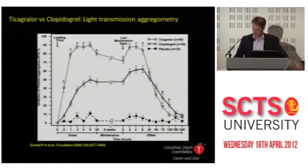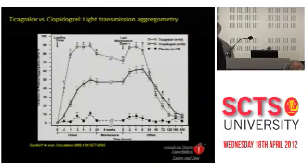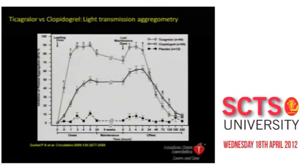This is just ticagrelor's behaviour. This is again in vitro light transmission aggregometry. So this is clopidogrel. You start it. It actually takes a while for the effect of clopidogrel to build up. Ticagrelor has a more profound effect and a more potent effect. If you then stop the drug, you get a faster tail off of ticagrelor as opposed to a more slow tail off with the clopidogrel. So you get a rapid onset of action, a quicker